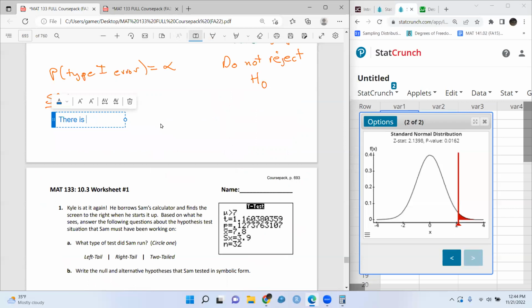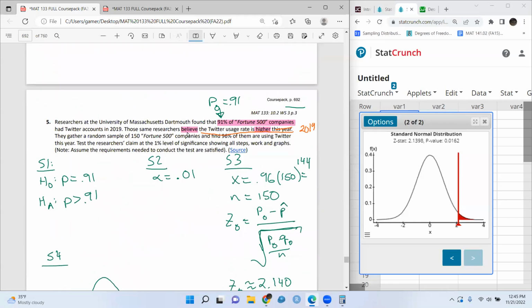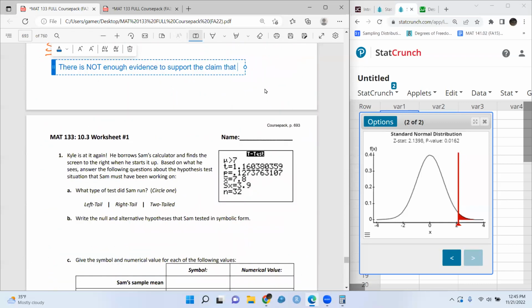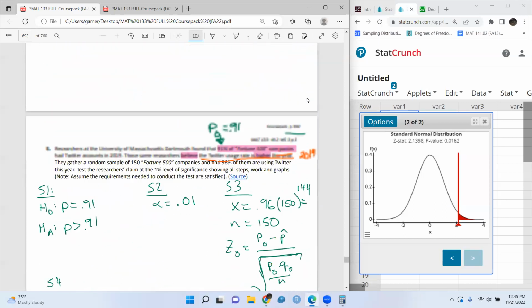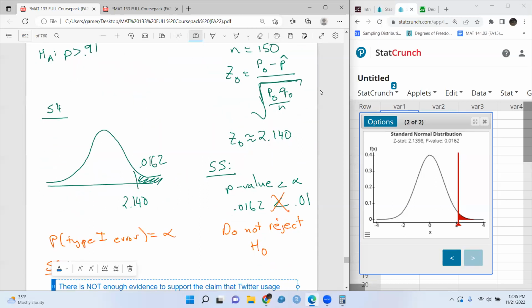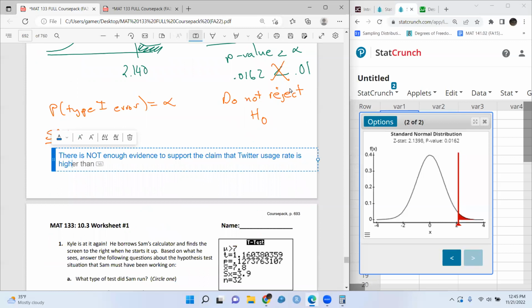There is not enough evidence. I think in the notes, the word is sufficient. I just think enough is a cheaper word than sufficient. There's not enough evidence to support the claim that, and here's where I start right after believe. Researchers believe that Twitter usage rate is higher